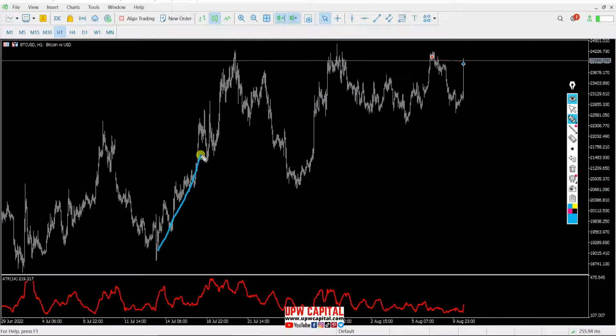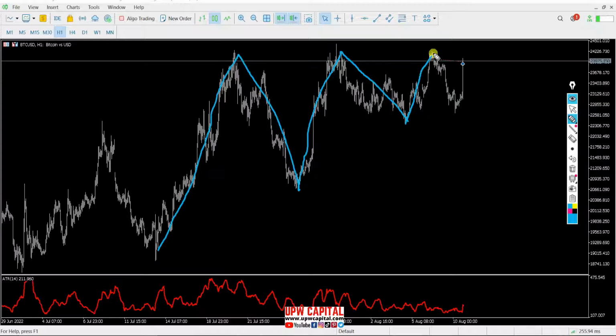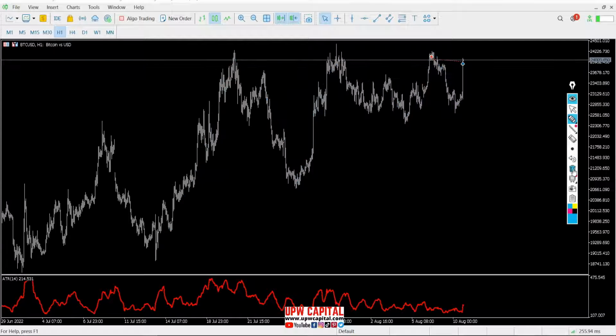So price pushed into this level, right? And it moved lower. It pushed into this level again. It moved lower. And then price pushed again, and this is where I took my trade, and then it went lower. So how I managed to capitalize on this trade,